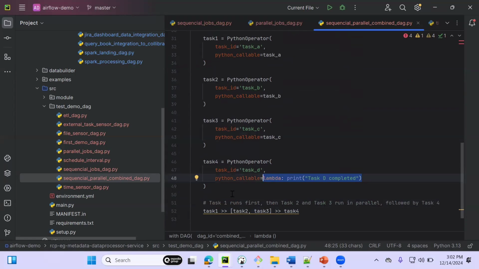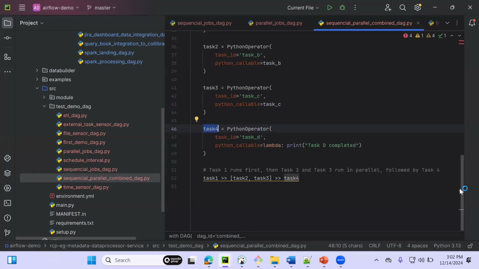Now we need to schedule in a combination of parallel and sequential both. So see task 1 and then greater than, that means there is a dependency. The next jobs are dependent upon it. So first this job will run, then task 2 and task 3 will run in parallel. These are comma separated, right? So these will run in parallel. And once both of these are completed, then task number 4 will run. Task number 4 means this, which will call the day. Like that, it will be